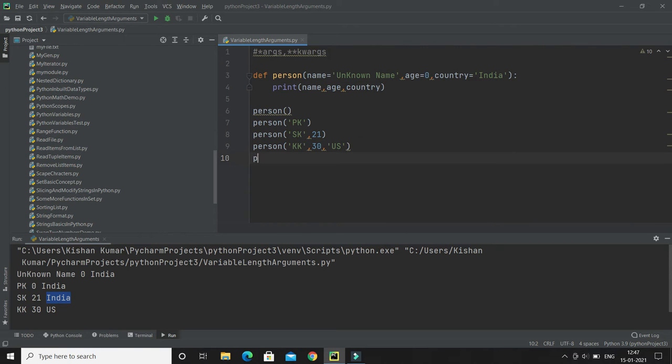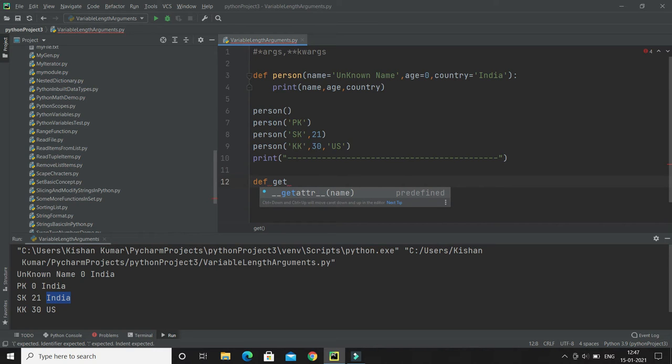Now let's move ahead. Now we'll talk about two things. What is a variable length argument, which starts with the asterisk, right? So let's say I would like to define a method, and the method name, let's say I would say get total price, something like this. And here I am going to pass, let's say, something like that.